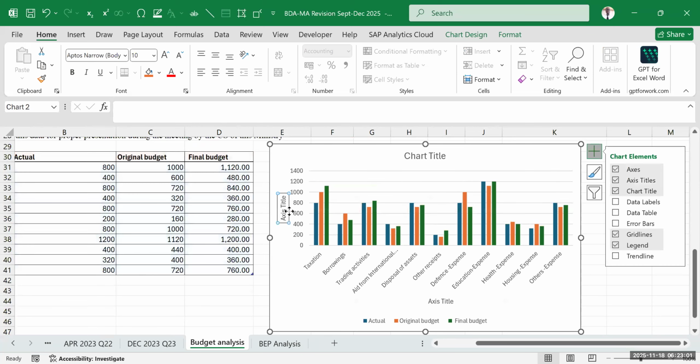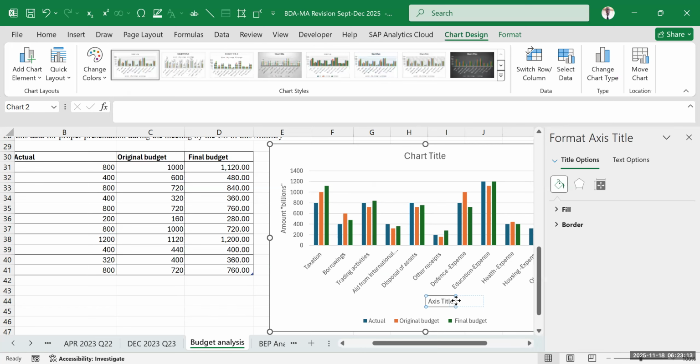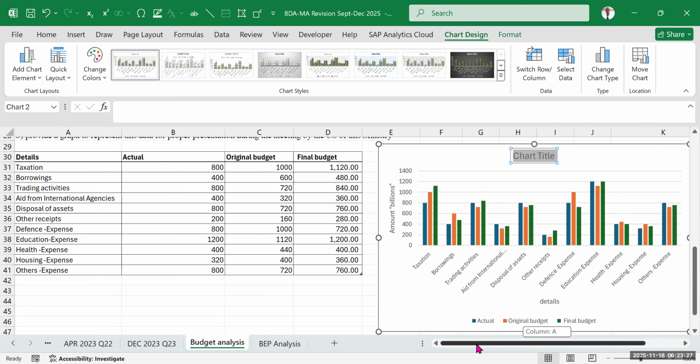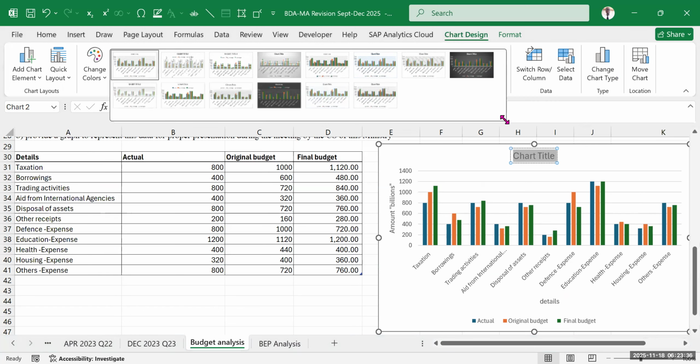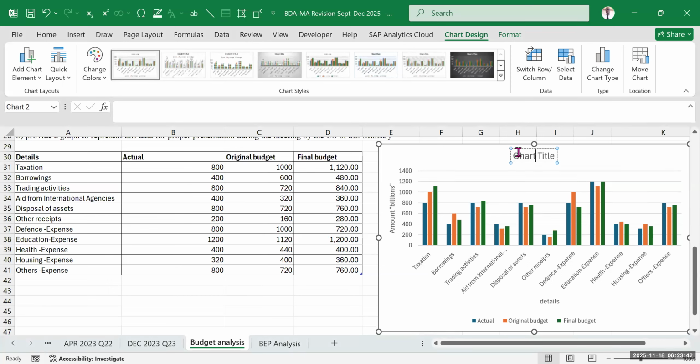So I want to go ahead and label the axis. Y-axis, I had said, this is amount in billions of shillings. On the x-axis, obviously, we have our details like that. Then, of course, I told you about the title. It is good when you can write the type of the chart that you've used. So which type of chart have we used? I think this is a clustered column chart. So I will say clustered column chart,